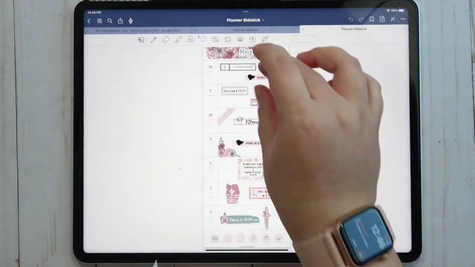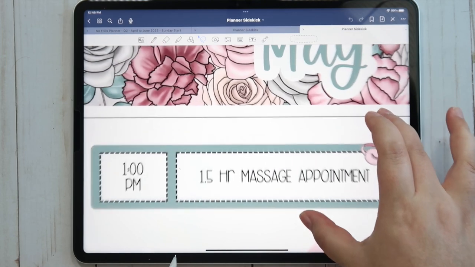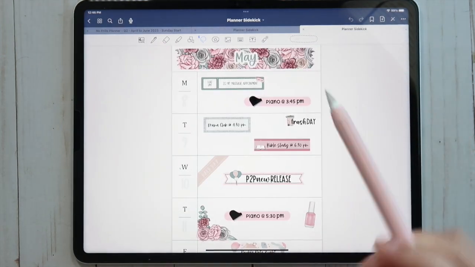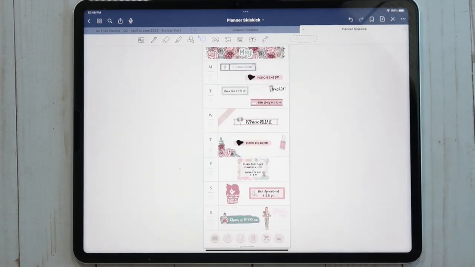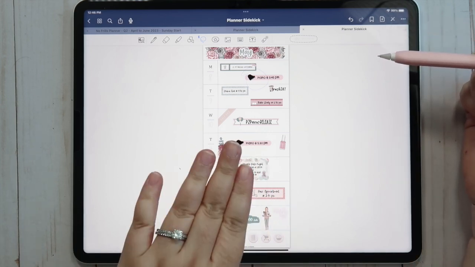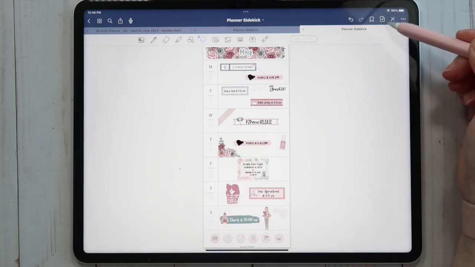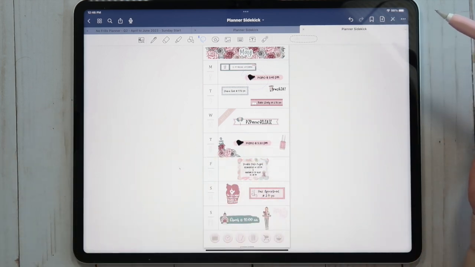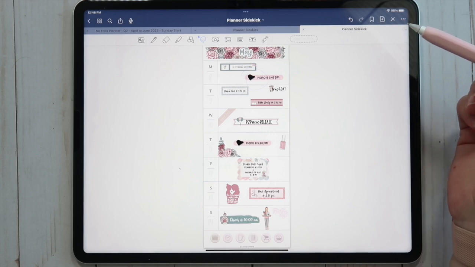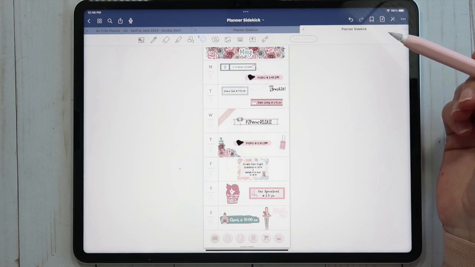And there it is. So when I zoom in, it's nice and crisp and everything. But as I mentioned, I can't move anything around on this page at all. But that way I can save it, and then I can just import and add pages in. When I go into this document, I can tap on this little plus symbol and import the next week, and then that way I'll have a nice little flip through of all the completed pages. So I figured I would just show you guys that process and sort of how I'm planning to archive my completed planner spreads in my sidekick. Hopefully that's helpful to some of you.